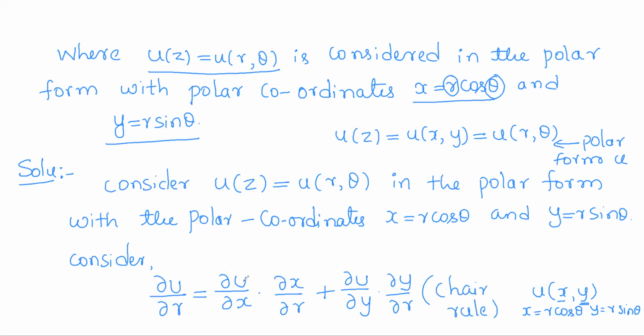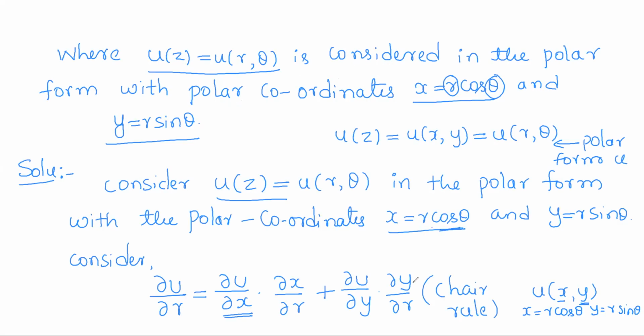So now u is unknown, it is some function. They have not given the definition of u, so we cannot calculate dou u by dou x, but we know what x is. So x is in terms of r and theta. So x contains two independent variables, so we can talk about its partial derivative. So now I need dou x by dou r. That is, differentiate x with respect to r partially. So you have to consider the theta terms as constant. So cos theta is kept constant. Differentiation of r with respect to r is 1. So what will be dou x by dou r?